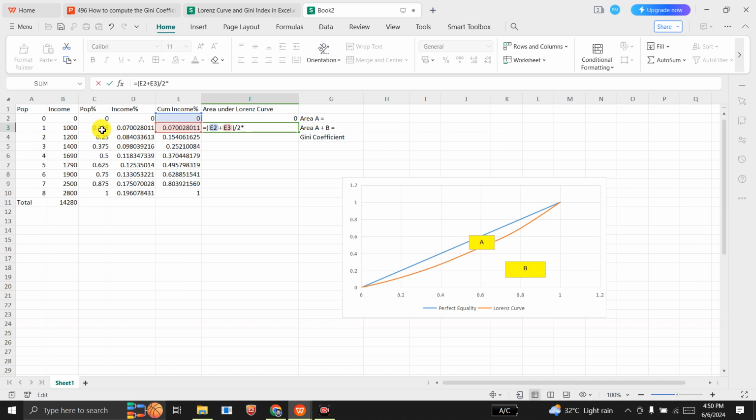This means that each of the 8 persons constitute 0.125% of the population out of 1, and if it is in percentage, then this will be 12.5%. So out of 1, each of these 8 persons constitute 0.125. So I'll multiply this with the